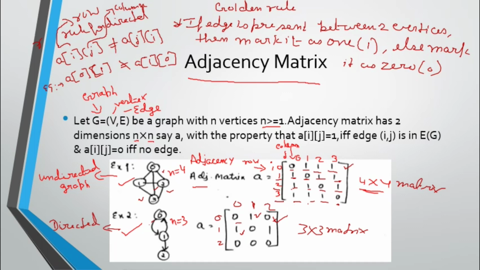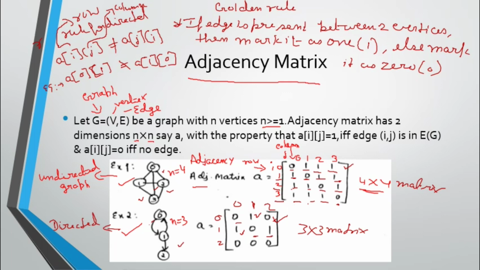Here 1 to 0 and 0 to 1 are not the same. If an arrow is there, then you have to put 1. If the arrow is not there between the vertices, I mean if the arrow is in the opposite direction, then you should put 0 here. So 1 to 0 you have a path, the arrow is passing here. 1 to 1 you don't have a path, you don't have a circular thing, then 0. So 1 to 2 you have a path, the arrow is pointing towards 2, so that's why 1.